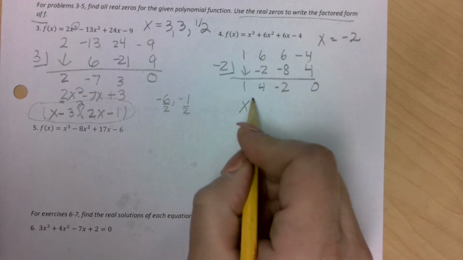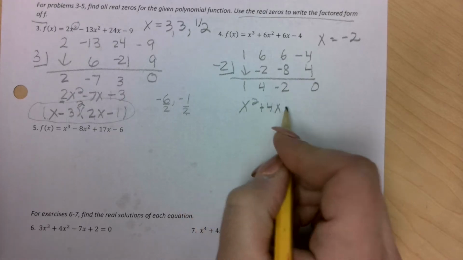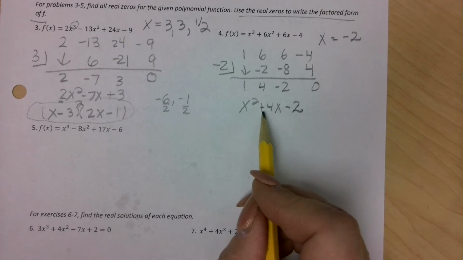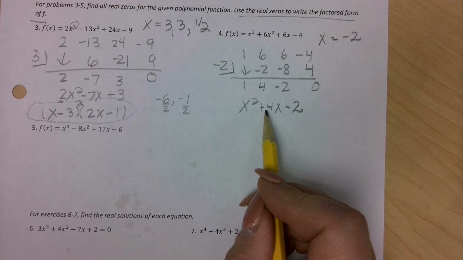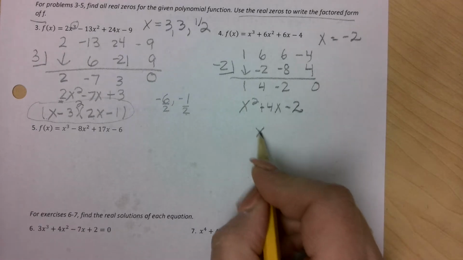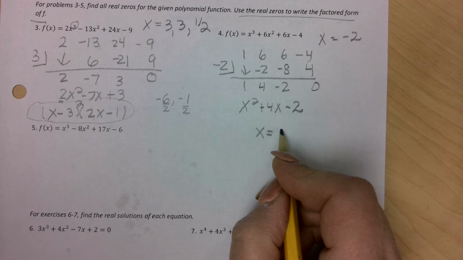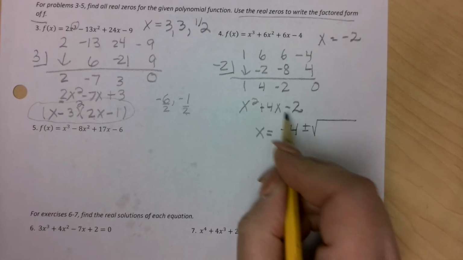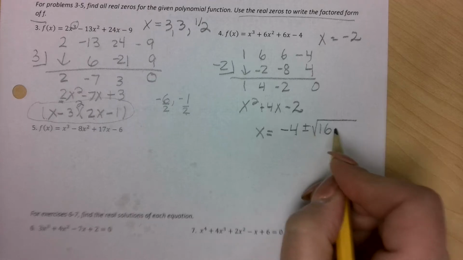So we get a quadratic equation of x squared plus 4x minus 2. Is it factorable? Are there factors of 2 that add up to 4? No, there are not. So we need to use the quadratic formula. The quadratic formula is negative b, so negative 4, plus or minus the square root of b squared, which is 16,